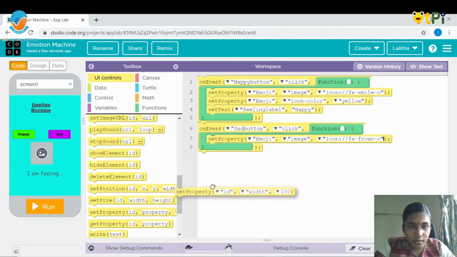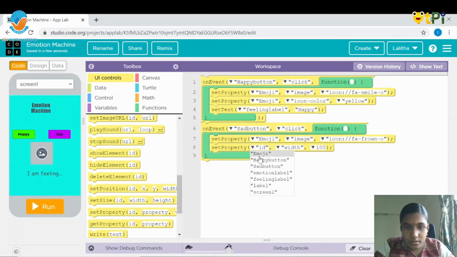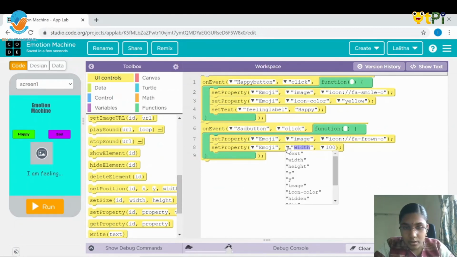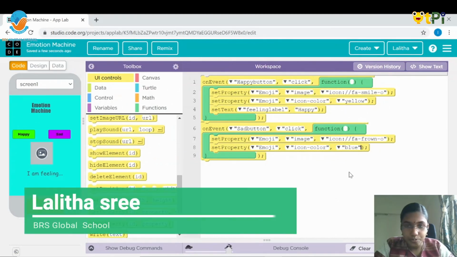So just again drag and drop the set property. Instead of ID, choose it as emoji, and instead of width, it should be icon color. And I'm gonna choose the color as blue.